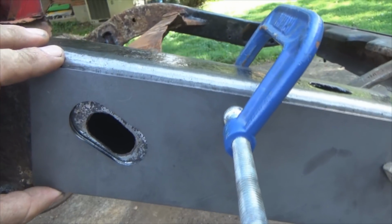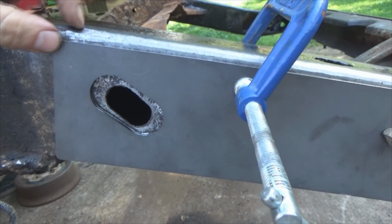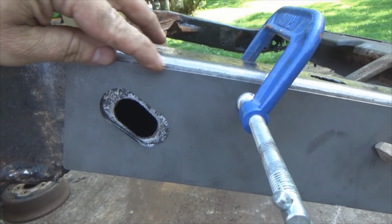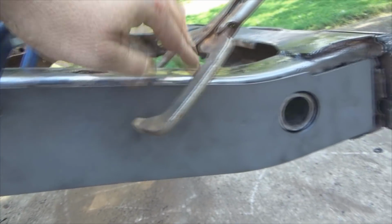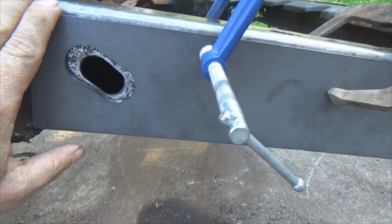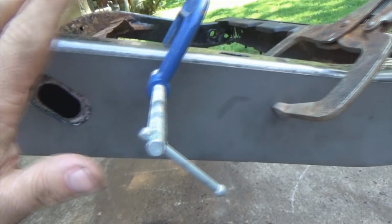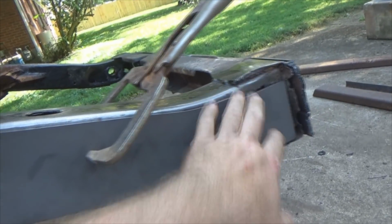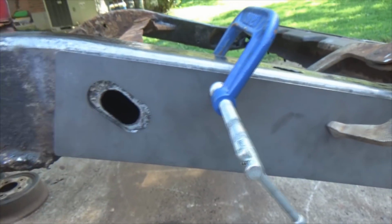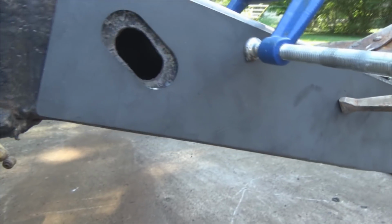Which what most people use is a MIG. But we've got pretty thick metal here. The frame is pretty heavy, so I wouldn't sweat too much about running your bead all the way down through here. Once you get your bead run around this, take your grinder, clean up your welds, make them all nice and smooth if you want to, and paint over top of it. We'll get to the paint here in a little bit, but down here on the bottom,